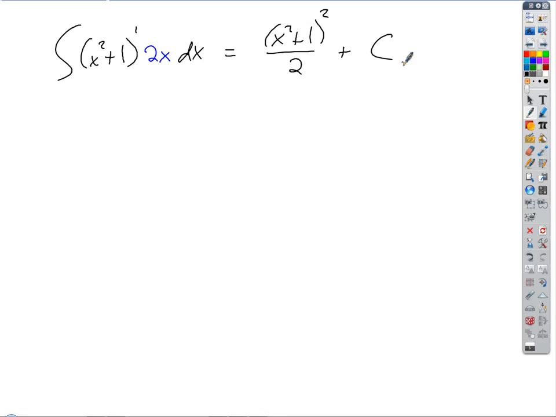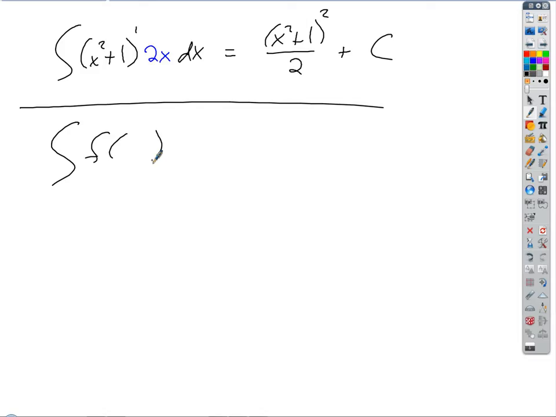But there must be an easier way to do this than having to recognize that every time. Well, there is kind of a shortcut way of dealing with this. Let's go back to our general expression here. If we have the antiderivative of f of g of x times g prime of x, let's leave that dx, equals F of g of x plus c,